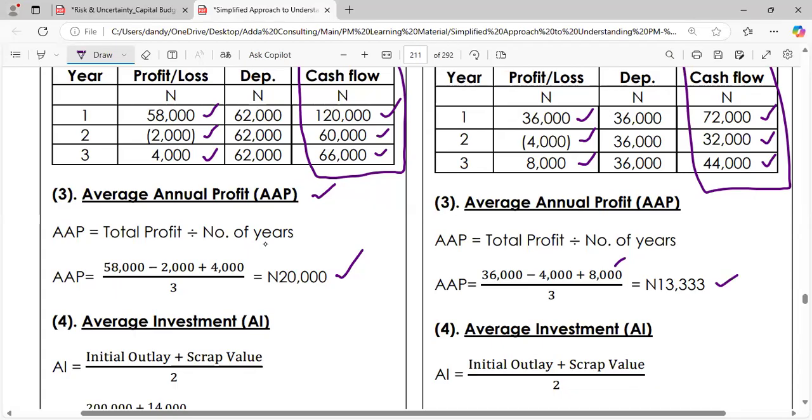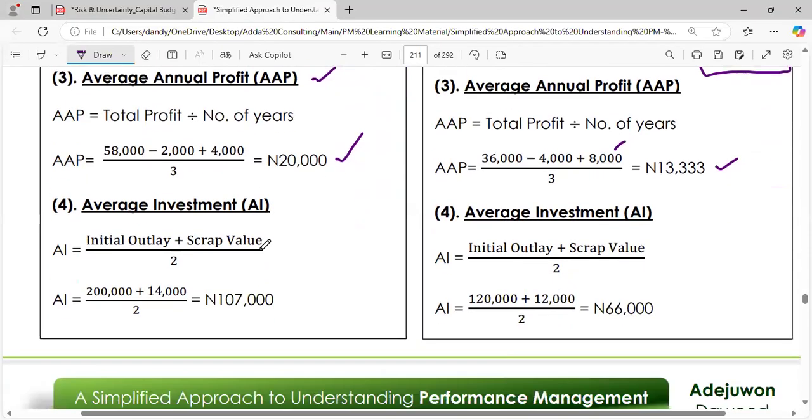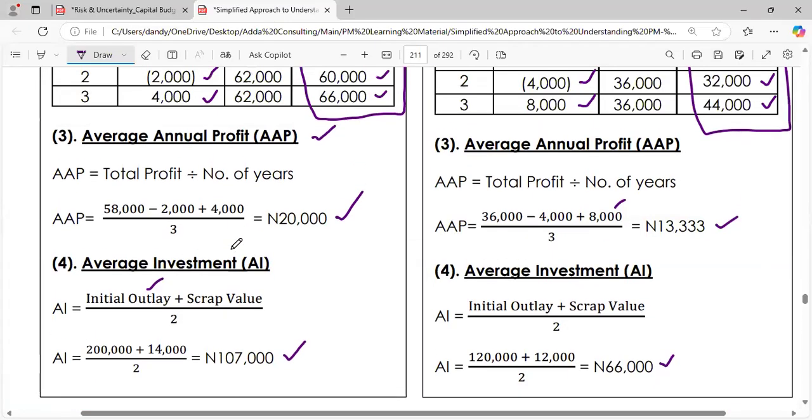That's 13,333. So that's average annual profit. I will then calculate average investment. Average investment is initial outlay plus fair value divided by 2. So we got 107 for project A. Average investment for project B is 66,000. At this point, I can then go ahead and calculate my